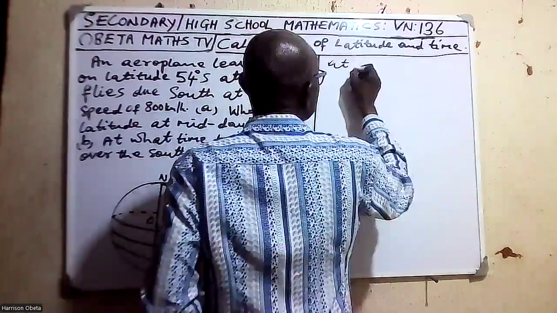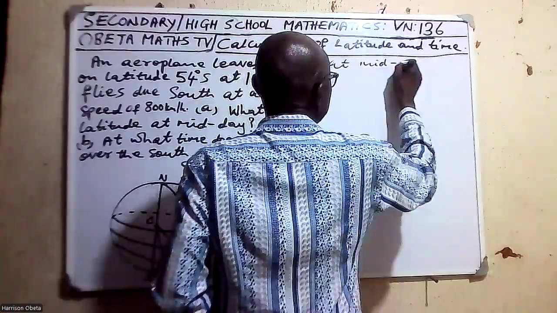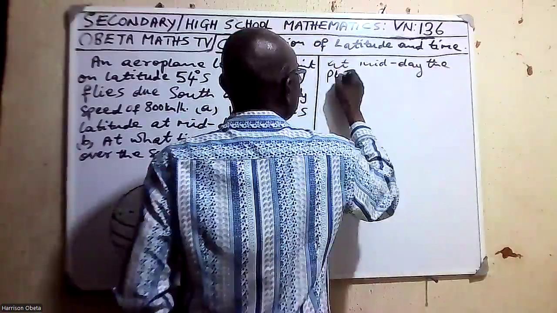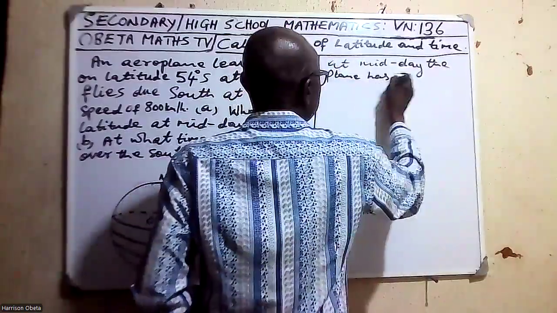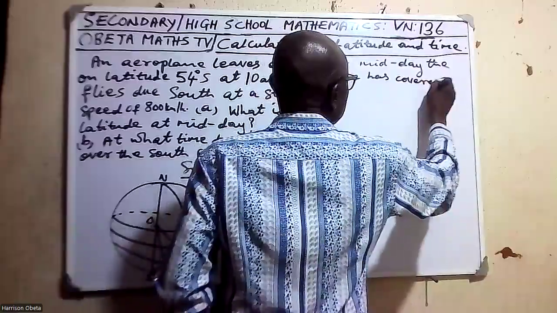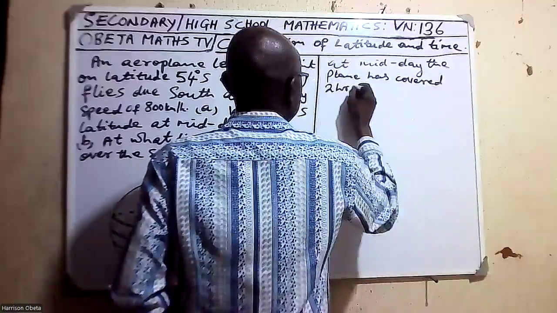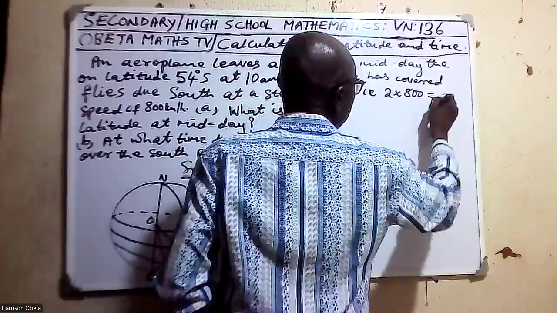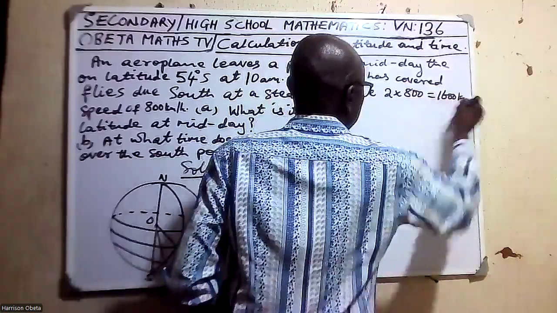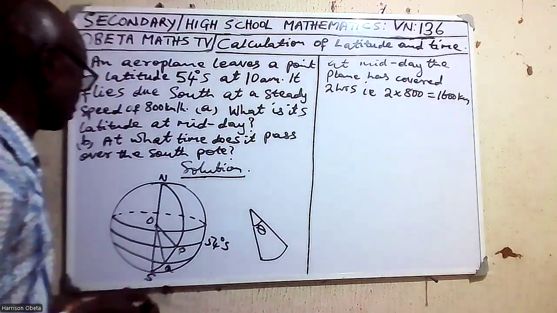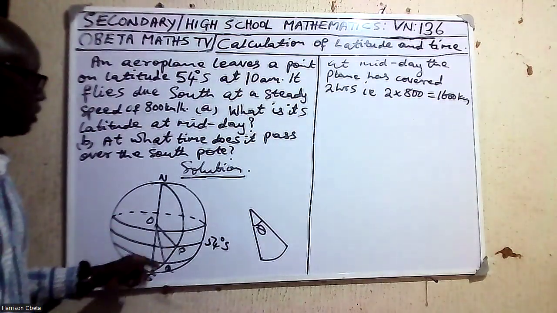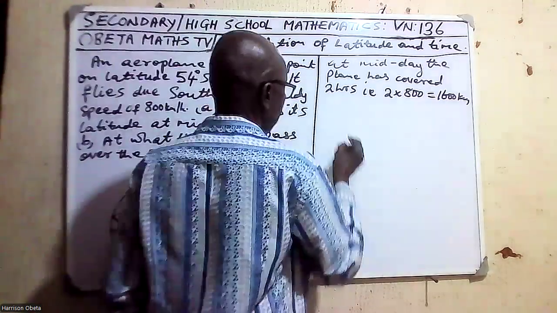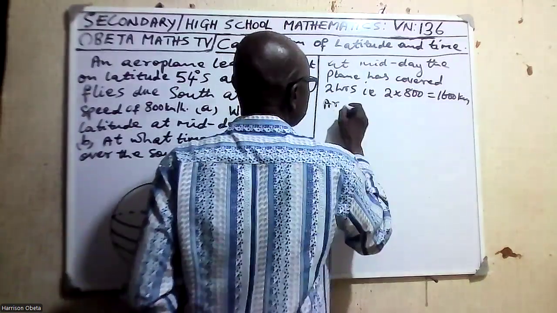So at midday, the plane has covered 2 hours. That is 2 times 800, 1,600 kilometers. So which means at midday, the distance from P to Q is 1,600. That means that arc